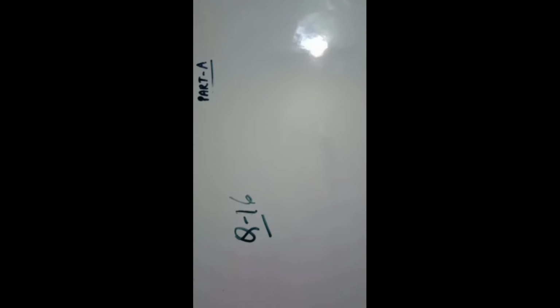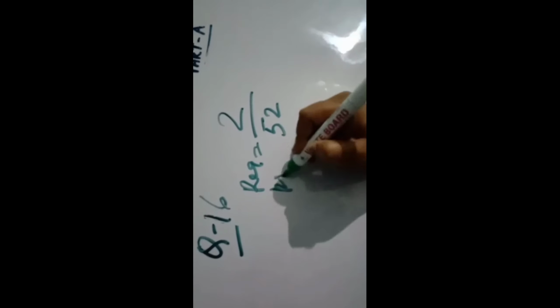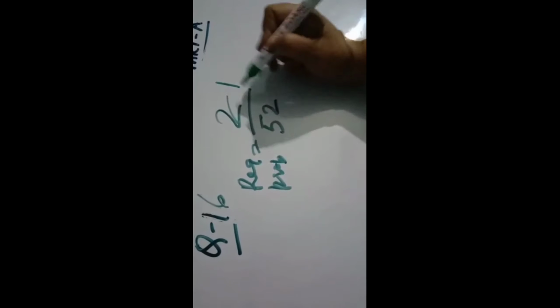Now one option is there in this question. That question is also a probability. Find the probability of a black queen when a card is drawn at random. So black queens, 2 are there and total cards are 52. So the required probability will be 2 over 52, so 1 over 26.